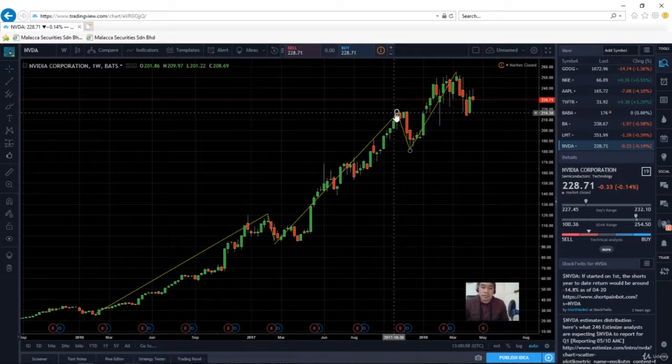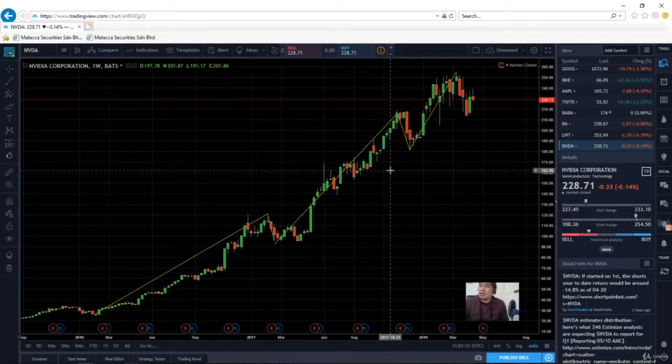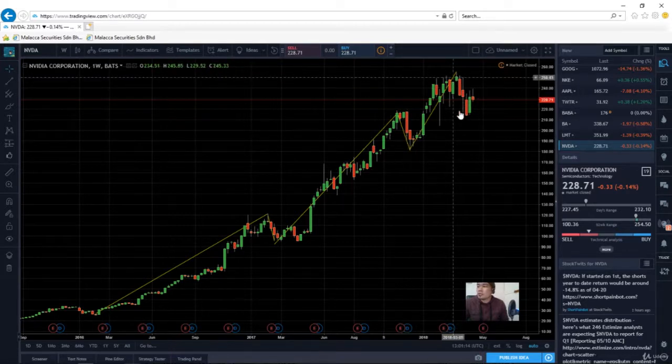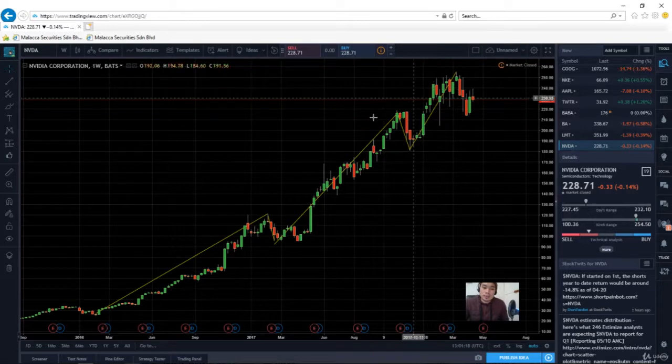And then after you're able to draw these lines, you'll be able to identify the price trends, either it's getting stronger for uptrend, or the trend is getting weaker by time. All right, so for this Nvidia, we could see that for the last retracement, the last trend is getting weaker than the previous. All right,